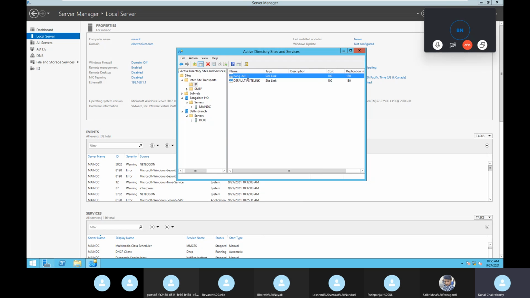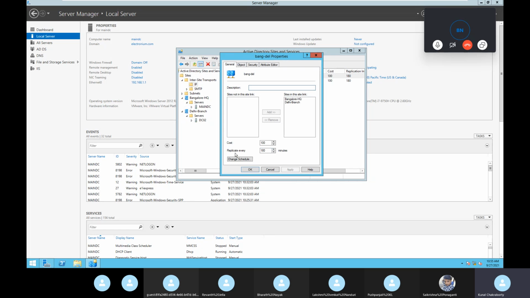If I double click on this, here you can see replicate every 180 minutes. That means 3 hours. Whatever data is updated in your main DC, for example, it will replicate to the member server after 3 hours. If any updates happen in Bangalore, they will be shared to the Delhi branch, but after 3 hours.